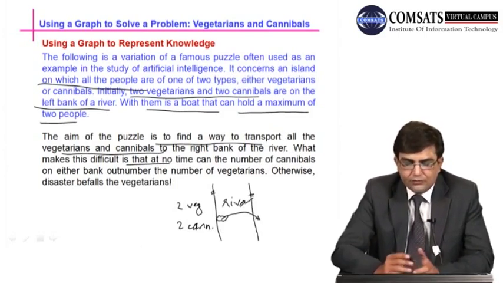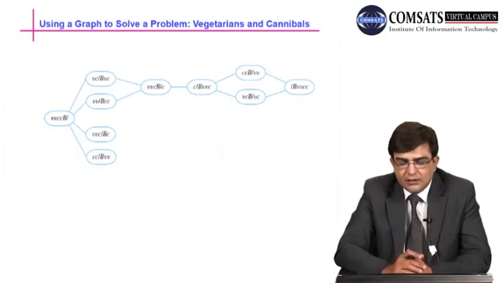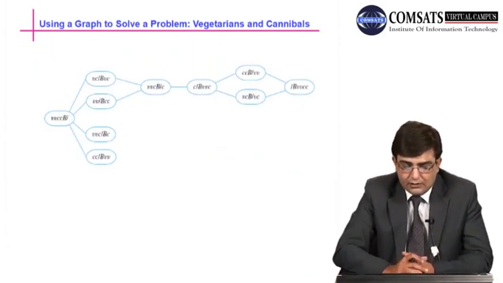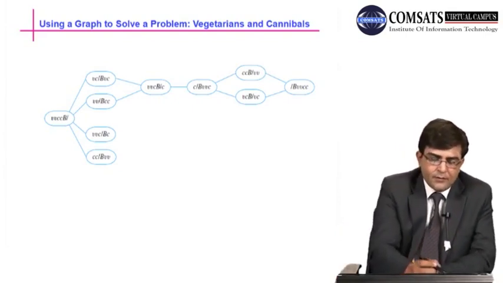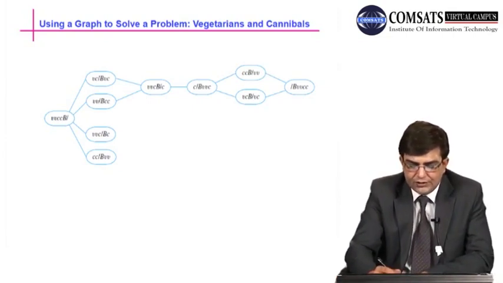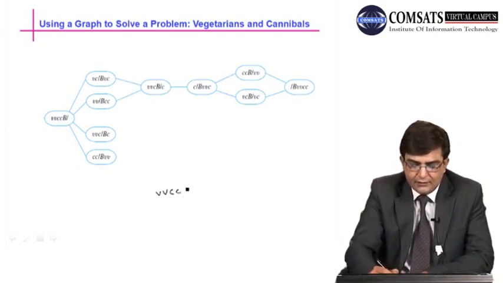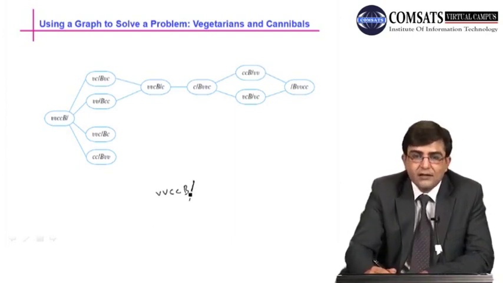So this we have to solve using graph theory. So this is a graph which shows all the possibilities of the solution of this problem. Here the notation is basically used as V for vegetarian and C for cannibals. If we have V, V, C, C, B, this is basically bank, left bank means